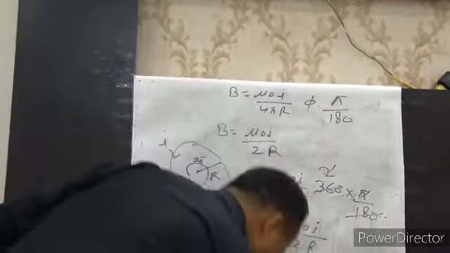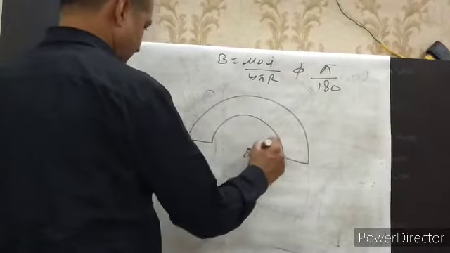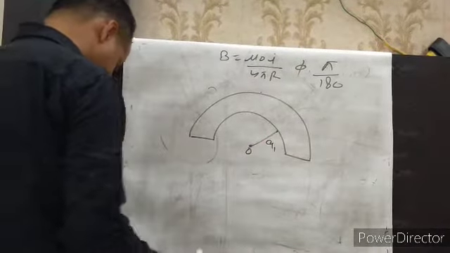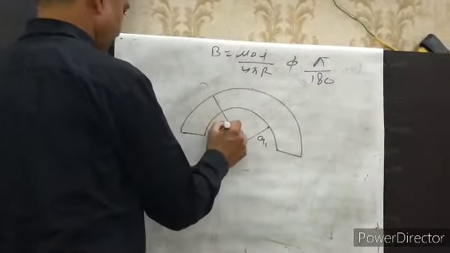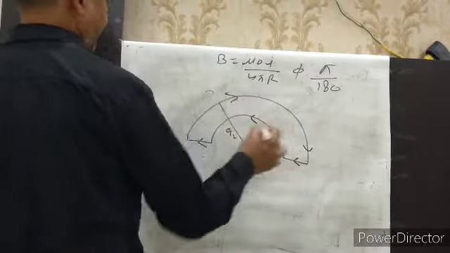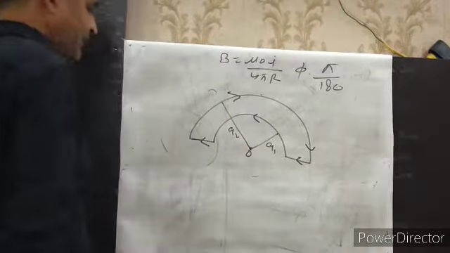For the numerical question, see an example given in the book. This is the question: there is a diagram like this. We have to find out the magnetic field at the point O. There are two semicircles of radius A1 and radius A2. The bigger radius is A2, the smaller radius is A1. Current is flowing like this, this way in the circuit. Now you have to find out the magnetic field at this point.